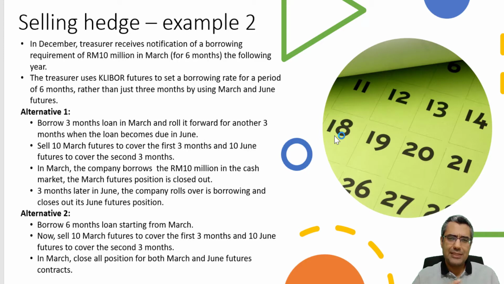And suppose we are a treasurer, we receive a notification of borrowing requirement of 10 million in March. So we are in December, 3 months later we want to borrow 10 million ringgit, but this time we want to borrow for 6 months, not for 3 months, right? You remember